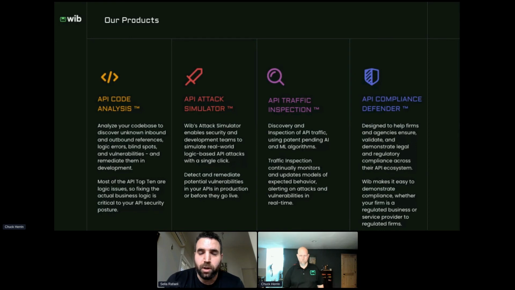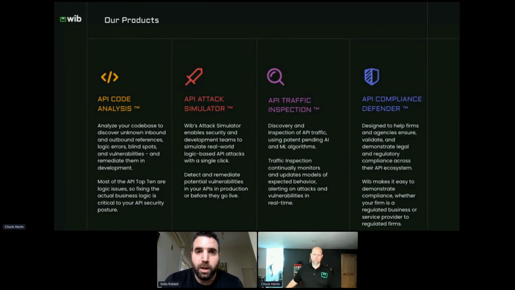This is a tool that is installed at your API gateway level and analyzes all the incoming traffic, learns how it works, and learns how to flag attacks, learns how to detect things that are anomalies, as Chuck described earlier, learns when a request looks like someone who is not using the API the way it was meant to be used, but is using it in order to try to gain a foothold, to try to find a vulnerability, to try to hack the system and attack. So this system is a necessity for anyone operating an API who wants to stop attacks automatically instead of waiting to hear about them in the newspaper.